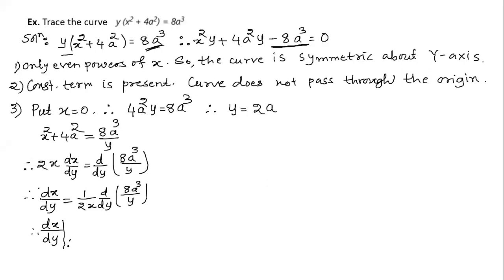That point is x equal to 0 and y is equal to 2a, and that is equal to, see, the numerator will be some function of y, and we are going to put y equal to 2a, it will be a non-zero finite quantity, and the denominator is 2 into x, so the denominator is 0, that will be infinity. So we can say that